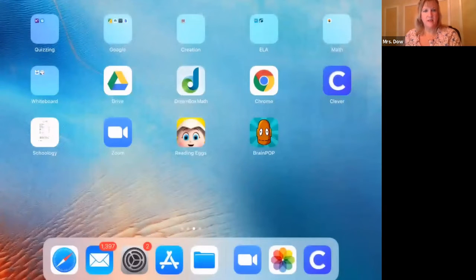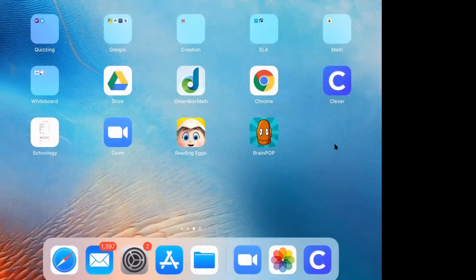So you should see, and I'm going to turn off my video just to save on some bandwidth here. So you should see the iPad screen here. You may set a passcode, but there is no passcode set. And when you come in, you'll see apps. This isn't an exact replica of what you see, but you'll see apps, and you can access any of them